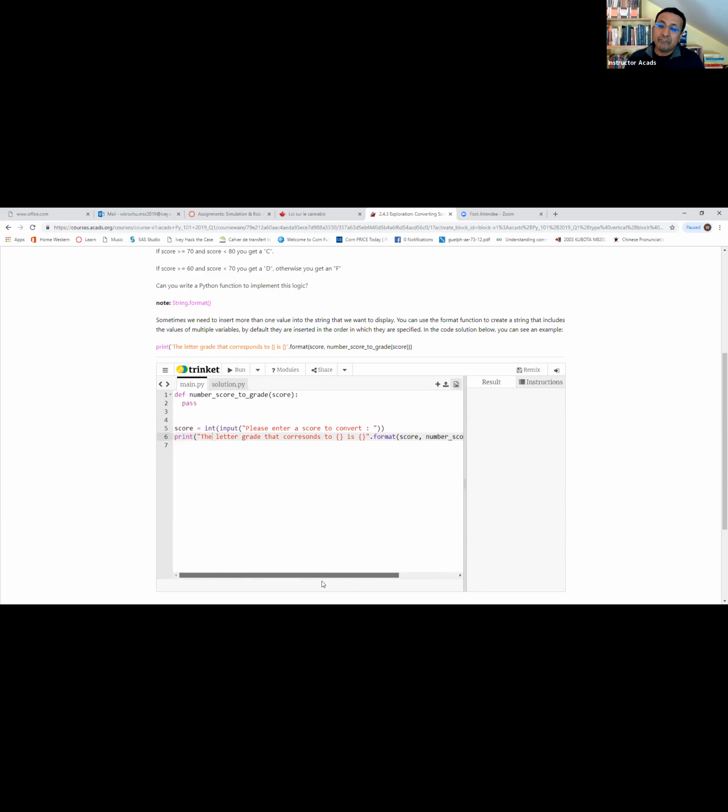Okay, and what we have is this construct in Python, which says, just go ahead and type out the string as you like it. Write a sentence as you would in English. Wherever a variable is required, just put a curly bracket. Then at the end of the string, you put a dot format, and inside the format, you put a bracket,